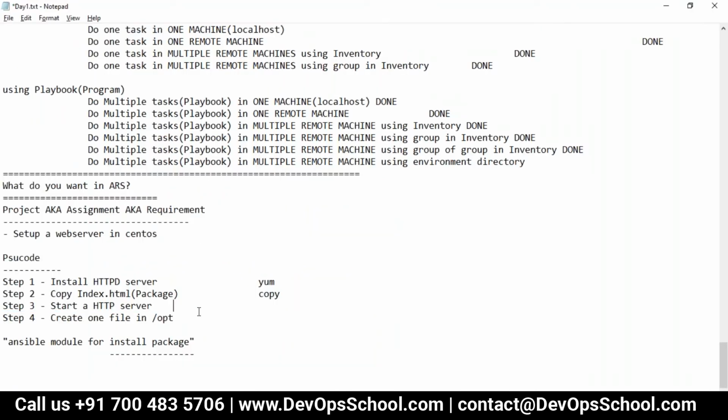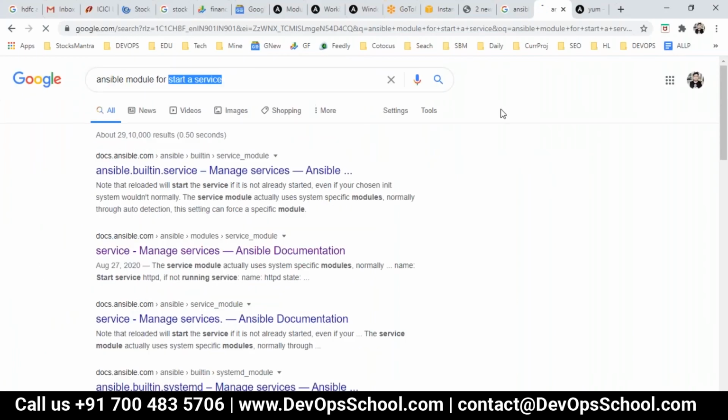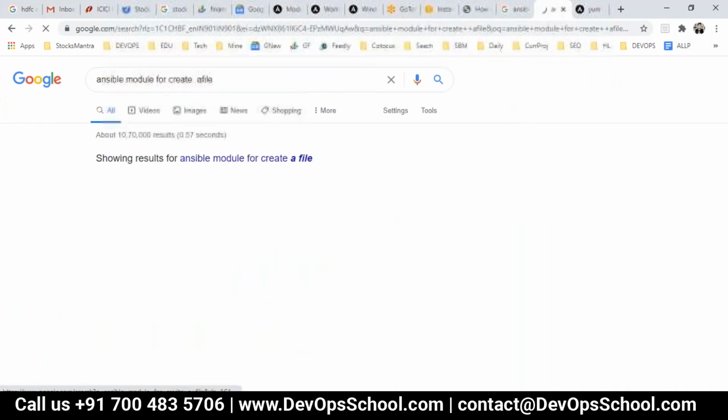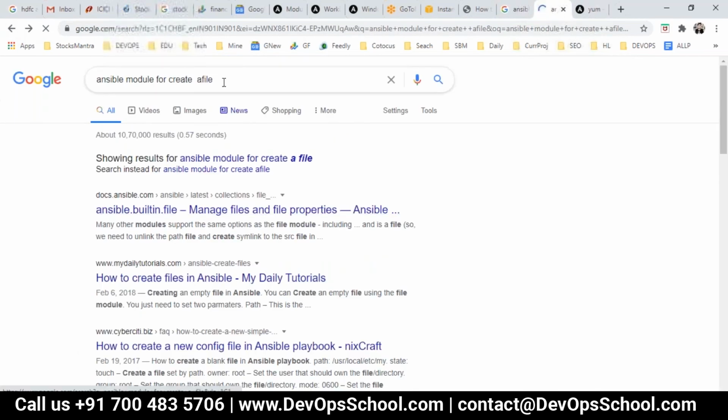This is a gradual process of learning, guys. One day you won't get it because thousands of modules are there. You have to practice it. Create one file in OPT. So module for creating a file. And here, see, I clicked on the wrong thing.